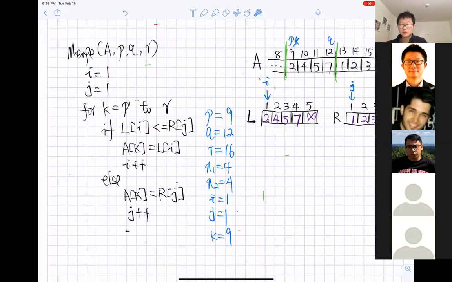The code would be totally different if those two subarrays are not sorted. And we're going to see the advantage of having two subarrays that have already been sorted.